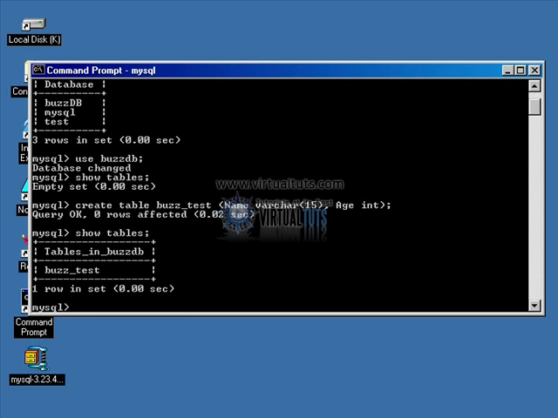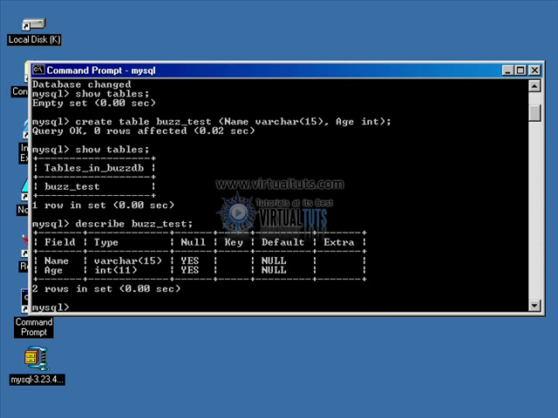Now, one of the things that you will find very useful is the ability to go back in later and get a table described back to you. Let's say it is a lengthy table that has maybe 20 some odd fields in it, and you don't remember how many characters a particular field had. You can come back into a particular database and simply say describe, and then give it the actual table name. So we can say buzz underscore test, terminator, hit enter,